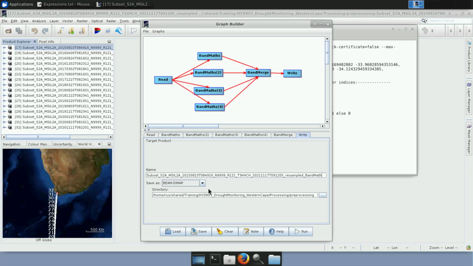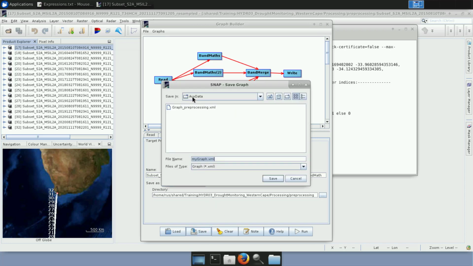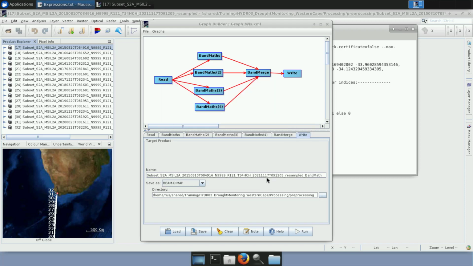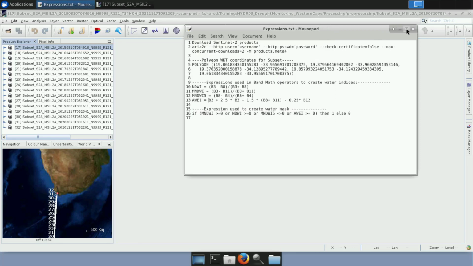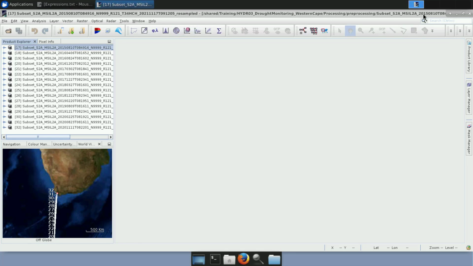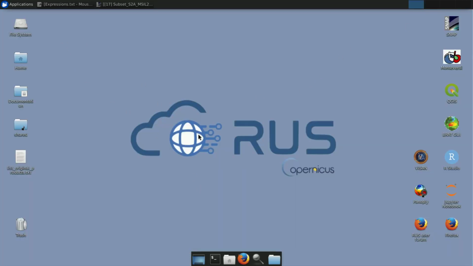So once it is ready, you just need to click on Save, navigate again to auxiliary data folder, and we will save our graph under the name graph_WI, which stands for water indices, and small s. And we click Save. Now we can close the graph builder, we minimize expressions text file, and now I will explain in more detail what is contained in our graph